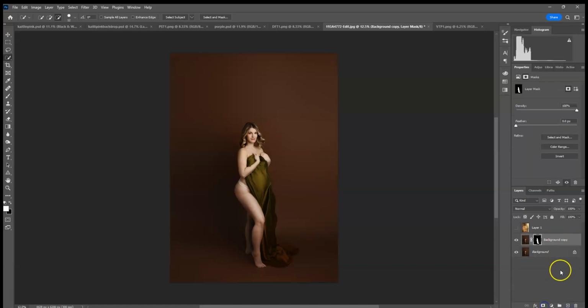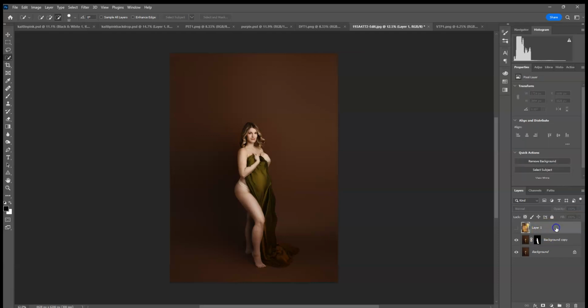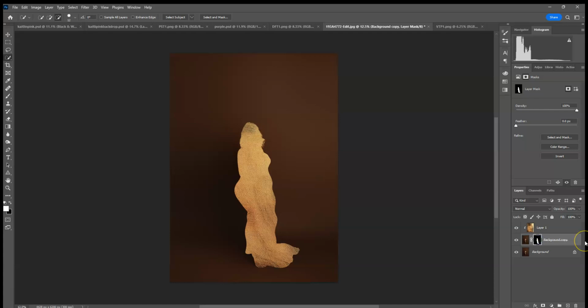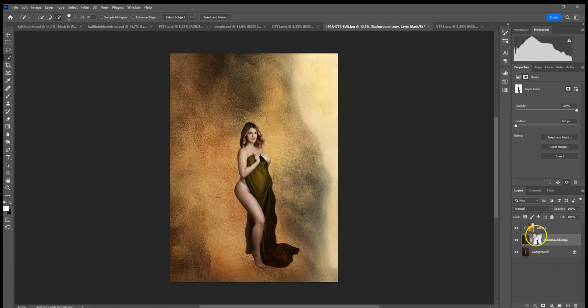Duplicate my layer. Create layer mask. Create a clipping mask. Make it visible. Oops, totally put it on her instead. This one, so I'm definitely using a blending mode on this one. But